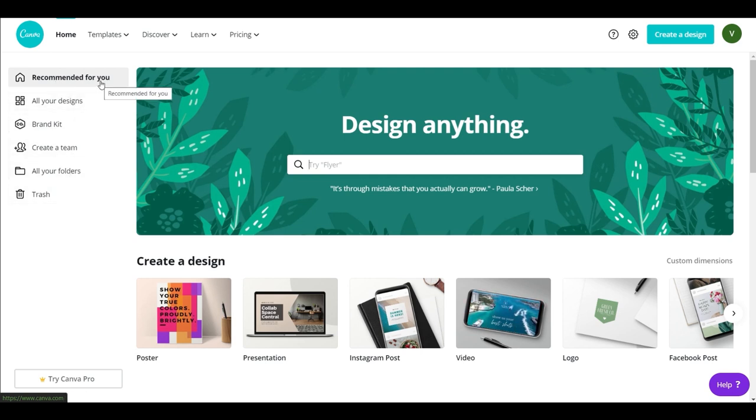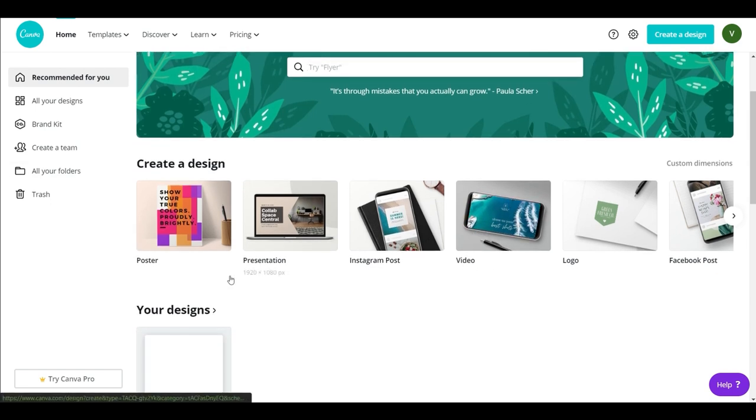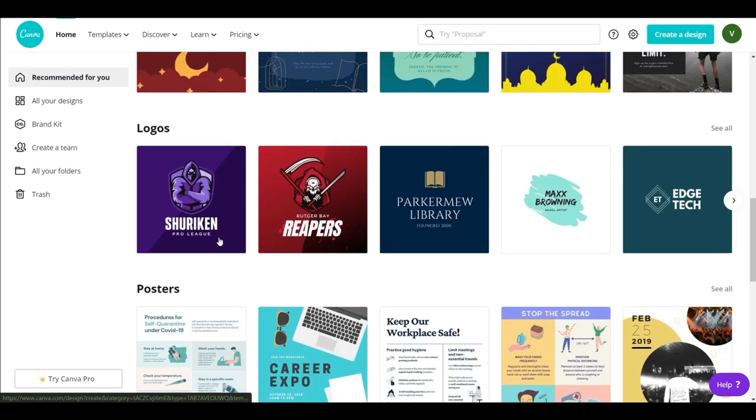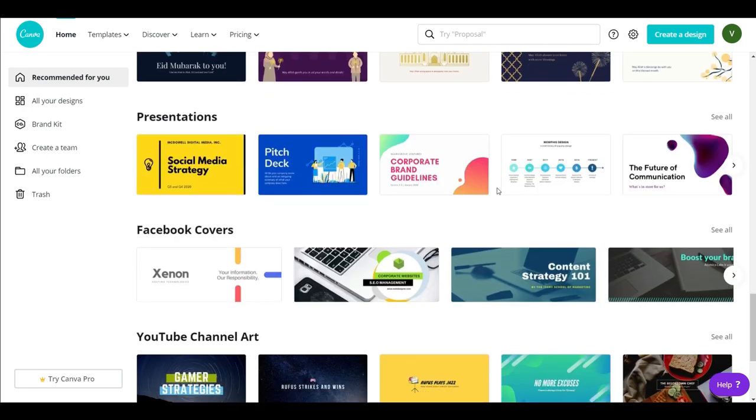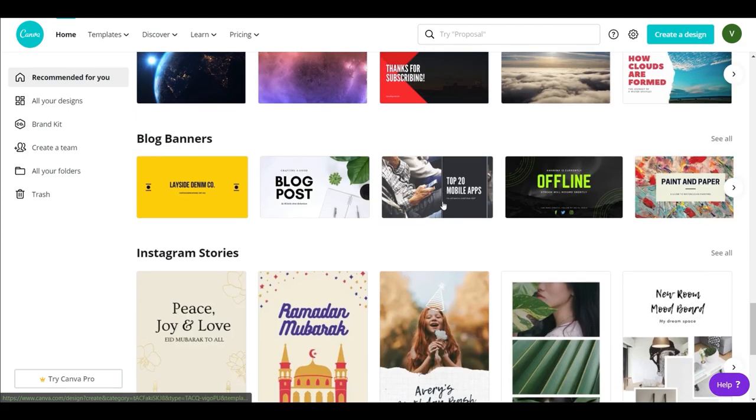The first one is Recommended for you. Recommended for you is nothing but it automatically suggests, amongst the pre-installed templates, which template you can use for creating your designs. If you come down and scroll here, you will see that there are n number of design guides. You can create an Instagram post, or a logo, posters, YouTube thumbnails, and you have 50,000 plus free templates in this software, which no other software on this platform is able to deliver to you, and that too free of cost. So trust me, this is gonna be something very interesting. And as you scroll down here, you still see n number of designs.